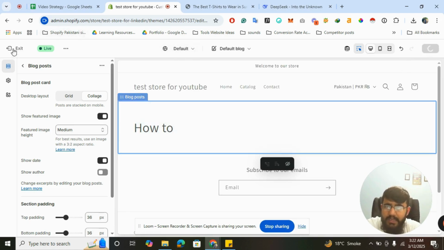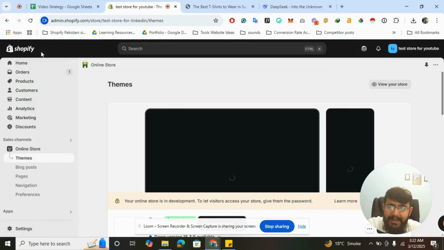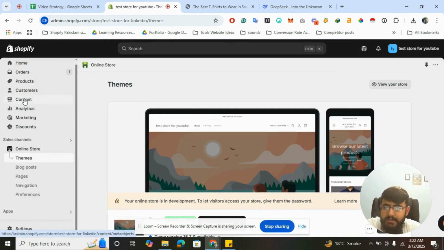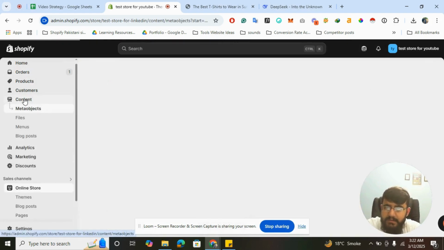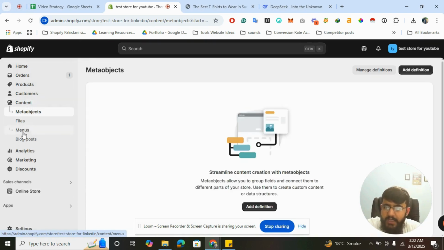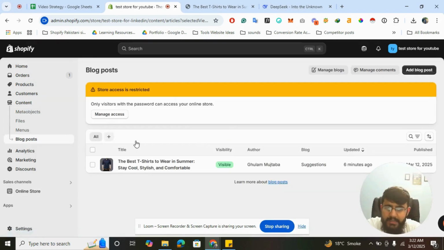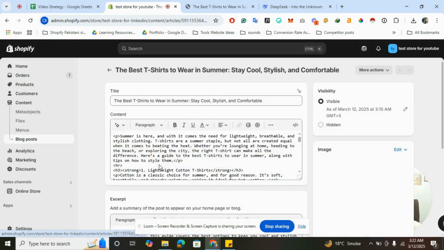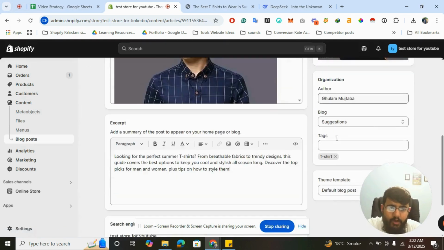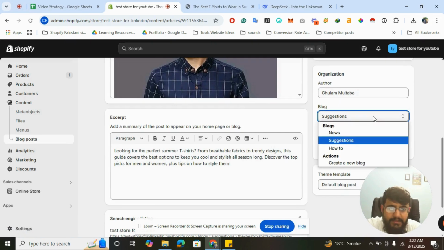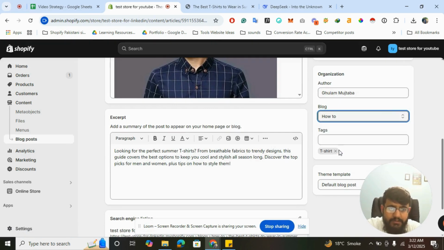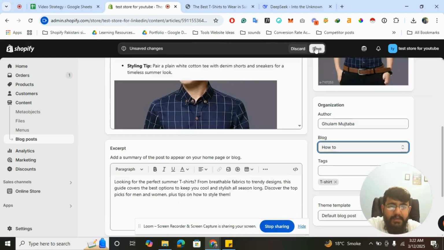Let me show you again. Currently we have to create like 2 to 3 blogs, and then we can do it. So how you can basically assign the blog to any category, just click on this one. And if you want to add a blog to multiple categories, you just have to click on how to. Currently it gives us the option to just assign the blog to a single category. Okay, so we'll click on save,